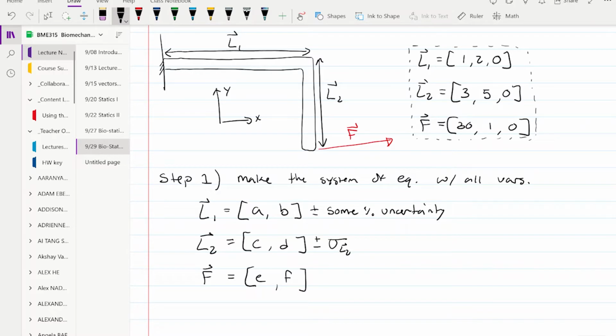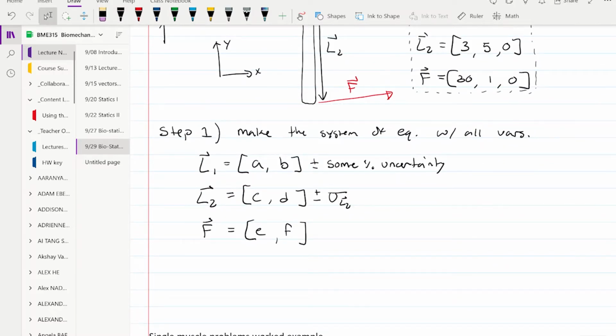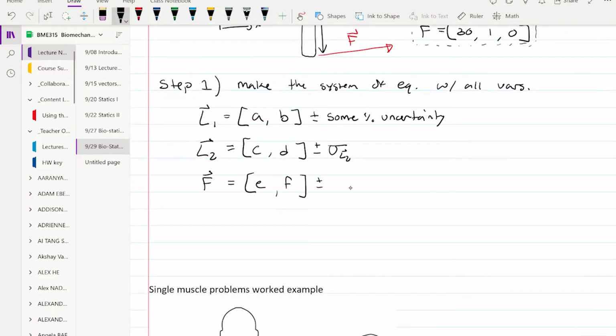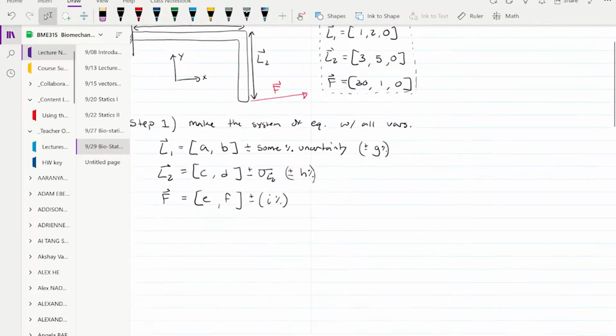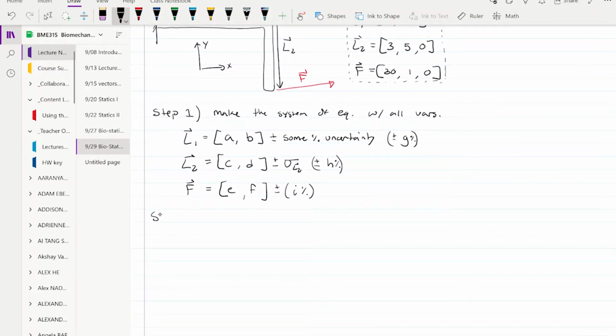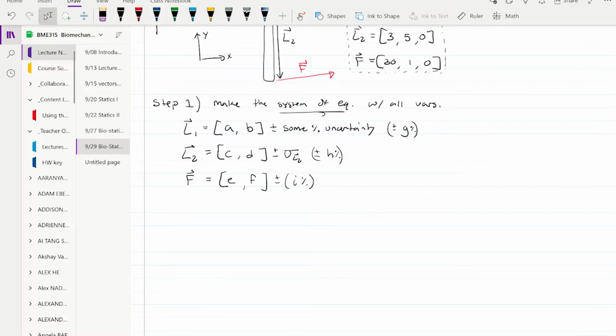L2 vector, right? But we can just make this a variable too. We could say this equals plus or minus G, this plus or minus H percent, plus or minus I percent. All right, so let's move that down. And step two, well, we haven't finished this yet. We need to make that system of equations, right? So we know,